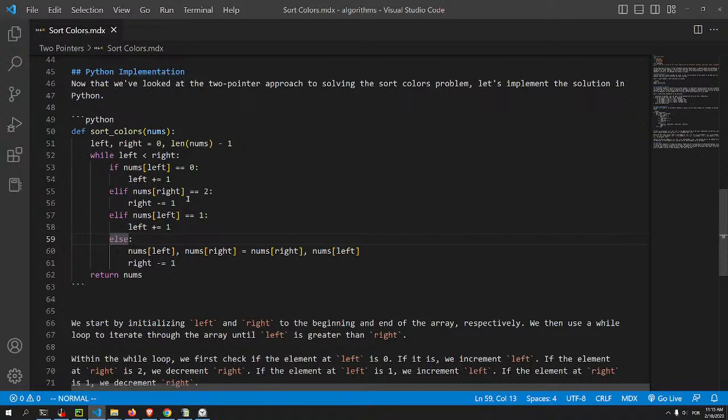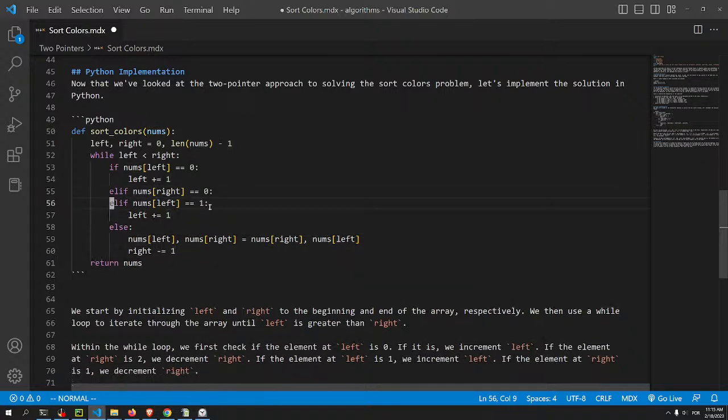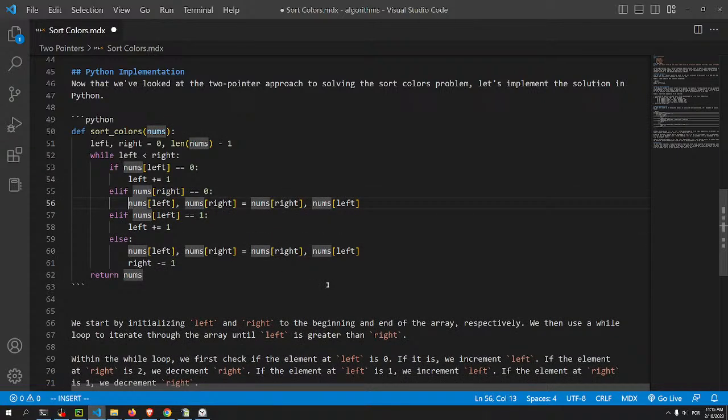So maybe removing this thing here. If I do this and then I swap here as well. And then I